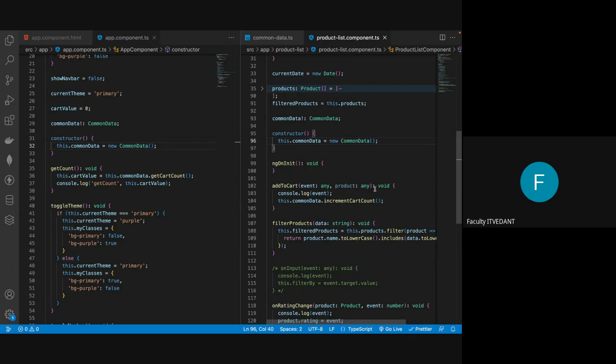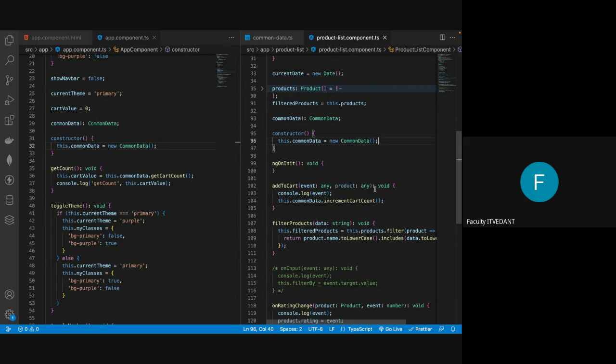So here Angular uses one design pattern called dependency injection. Dependency injection is a design pattern which is used with various programming languages as well. Here in Angular we also use the dependency injection pattern. It is actually used by Angular internally, and we follow it indirectly without knowing that we are following that pattern, but we can use it ourselves too. Now, what is the dependency injection pattern? Dependency injection means